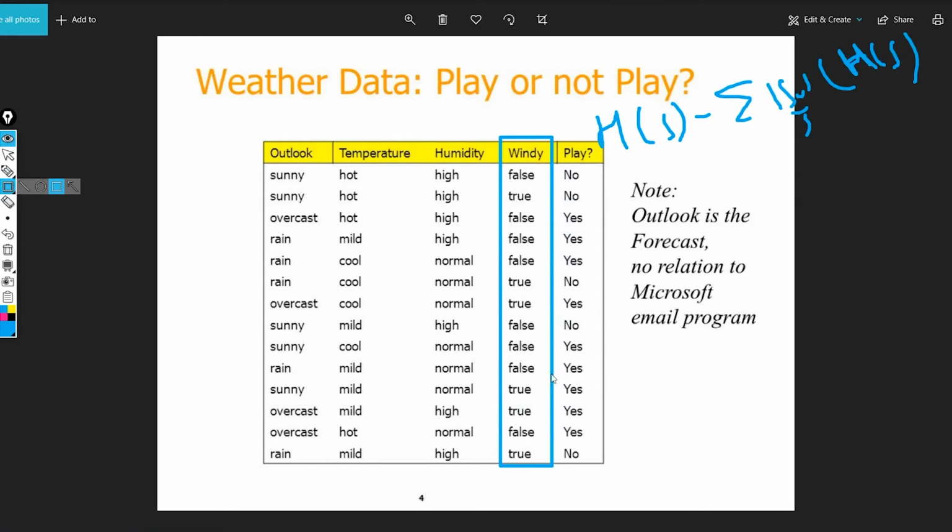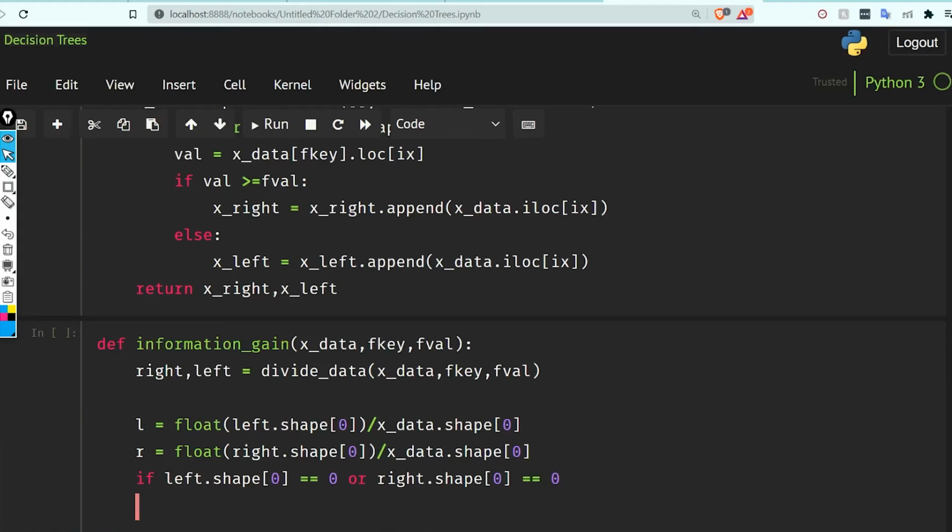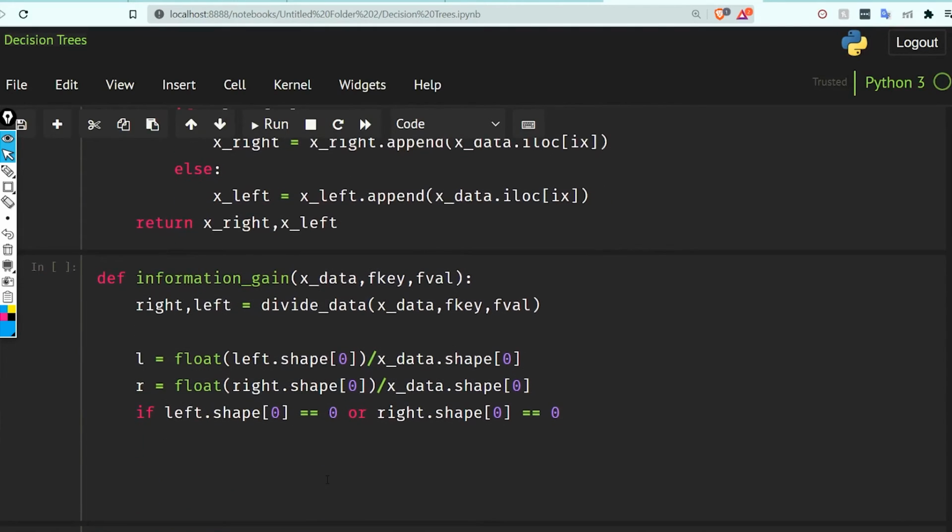Let's suppose it has only 1 1 1 1 1, then it is only going to have right data and we will not have any left data. So if we have this condition, we are going to return a very big negative number, let's say minus 9, minus 9.